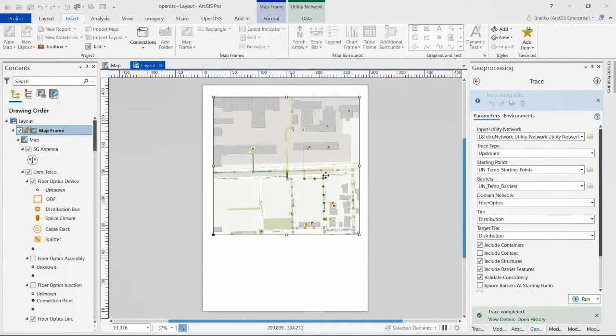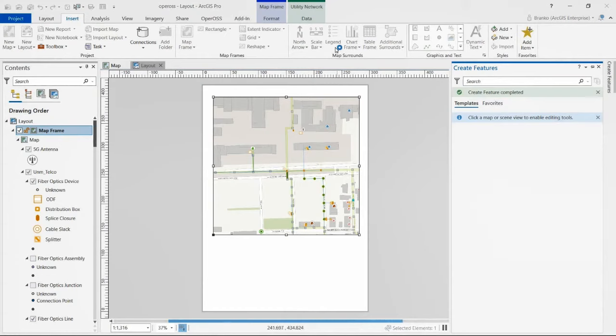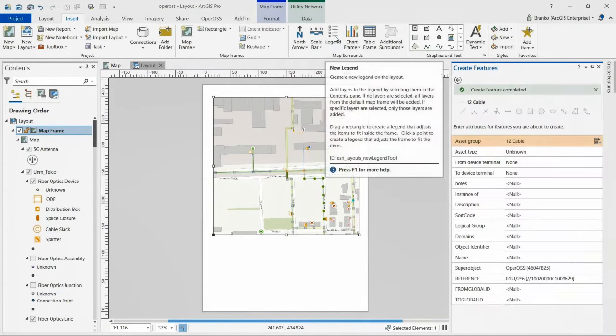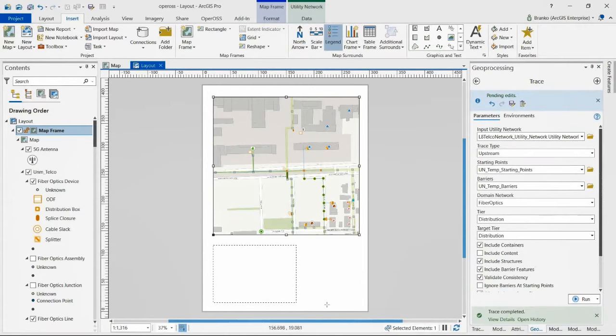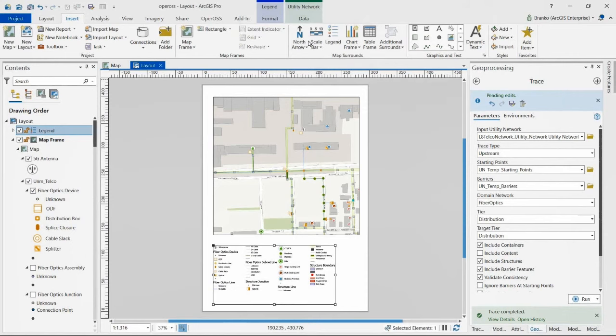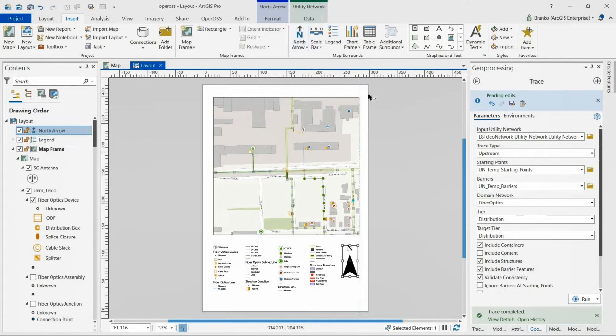There we have it. Now what we are missing is the legend. Okay, let's put it under the map. And maybe a north arrow and scale bar. And there we go. I just have it ready for the print, so I can hand it out to my